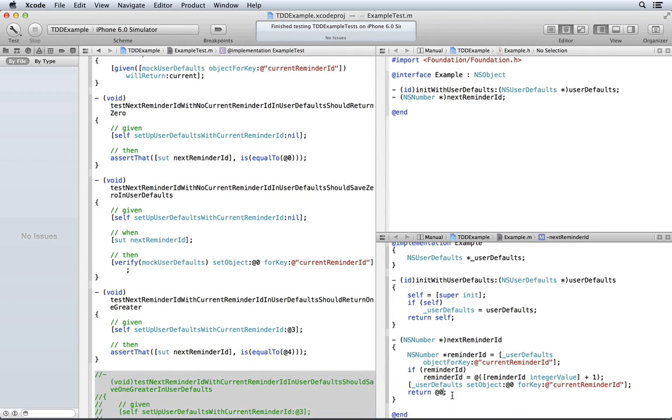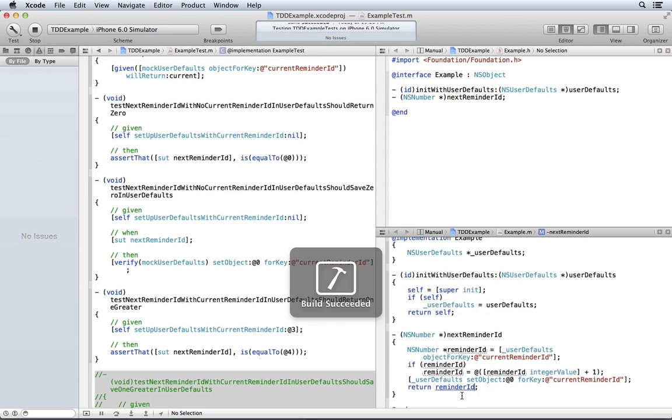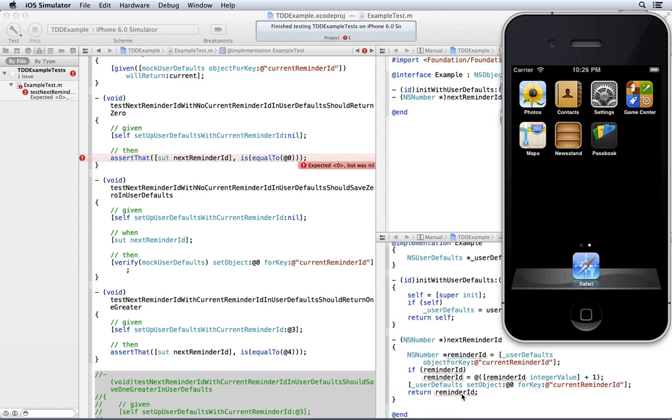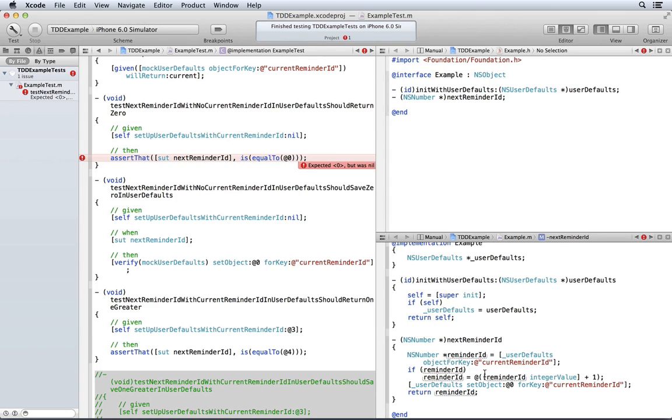And let's see if we can't get this to work with our new variable here. Command U. And look at that, it didn't work. Why not?